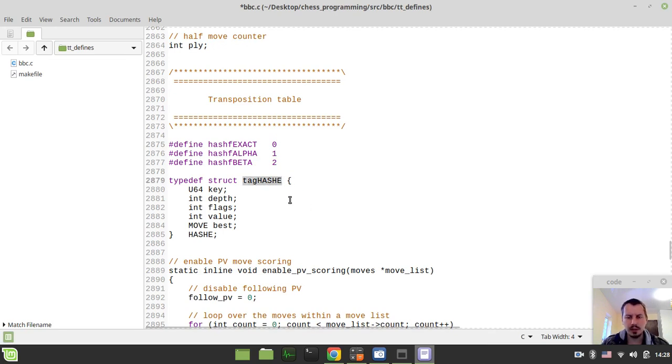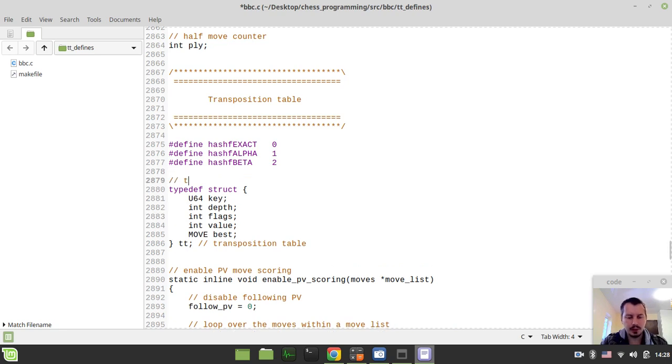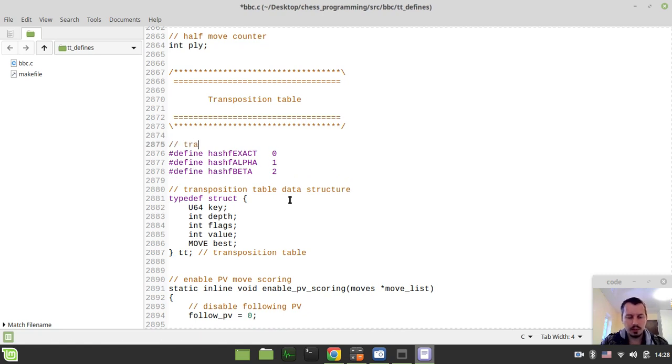Well, I have no idea why to give a name here. I never do this. Probably that's weird and not the way to do it, but I'm trying not to do what I don't understand. And also I would like to call this variable type TT, which means transposition table. And generally this is the transposition table data structure. Okay, here we have the transposition table